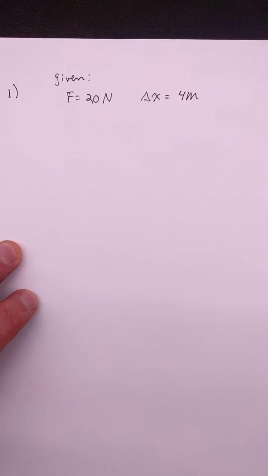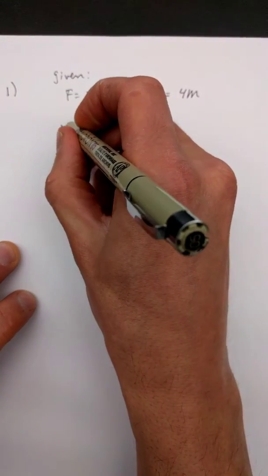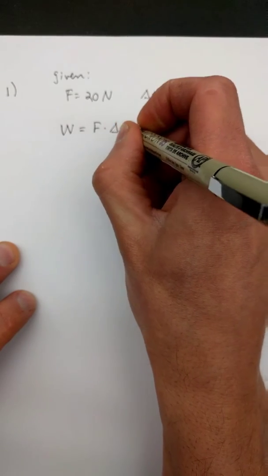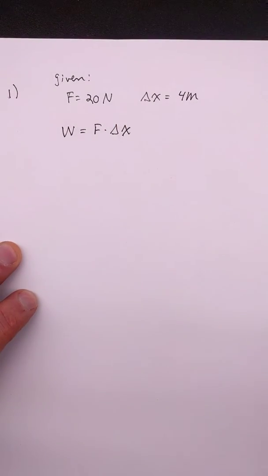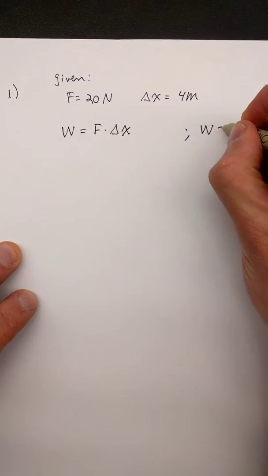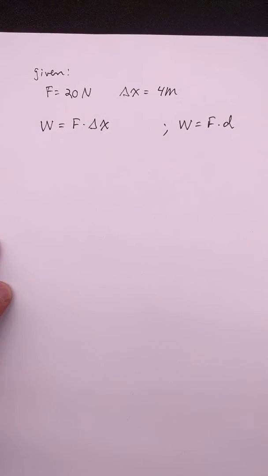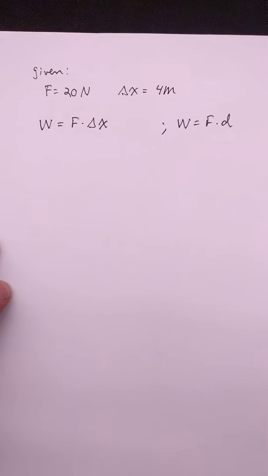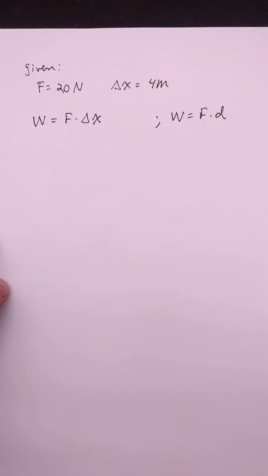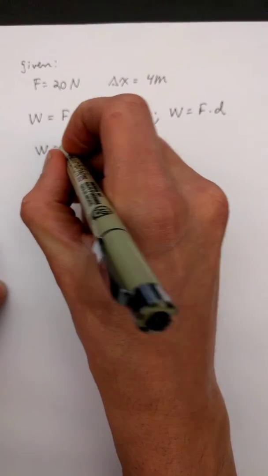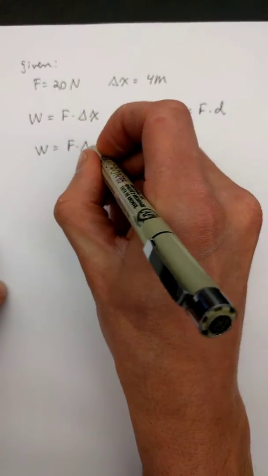Well, the definition of work in physics, work equals force times distance. And sometimes that's written work equals FD. Some textbooks use D, some use delta x. So just don't be confused, they mean the same thing. Force times the distance through which it is applied. And so if work equals force times distance,